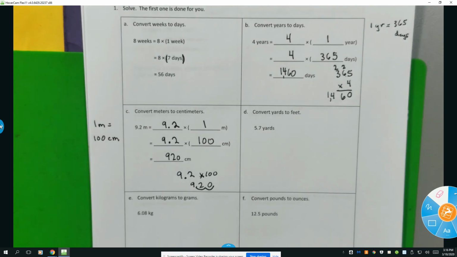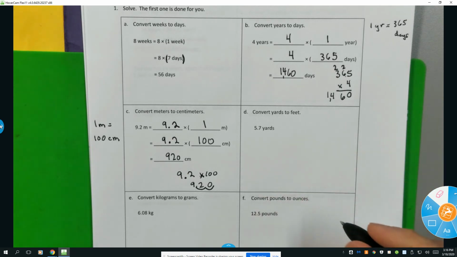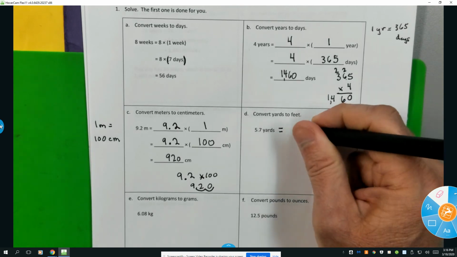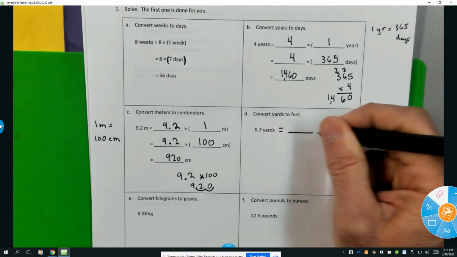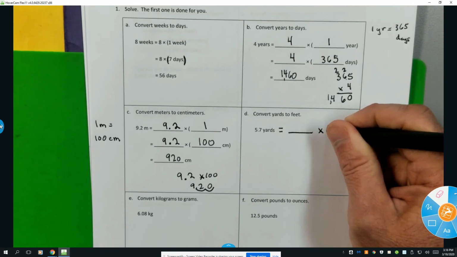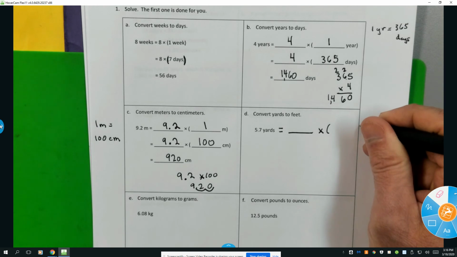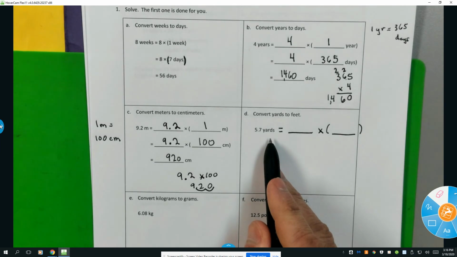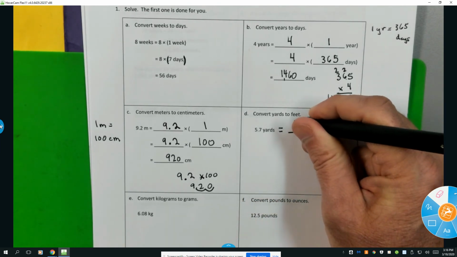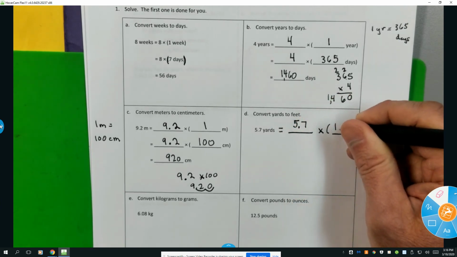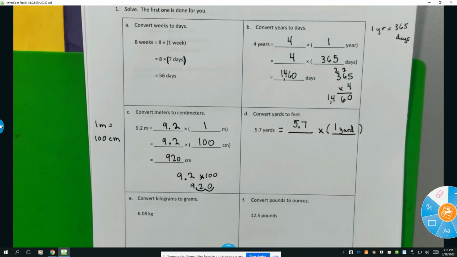Okay, now it's kind of our turn. We've got to set it up the same way. 5.7 yards equals, so we're going to put a little space right here, times, and now it's important you put it in parentheses because this is what you are going to be converting. So 5.7 yards equals 5 7/10 times 1 yard. Okay,